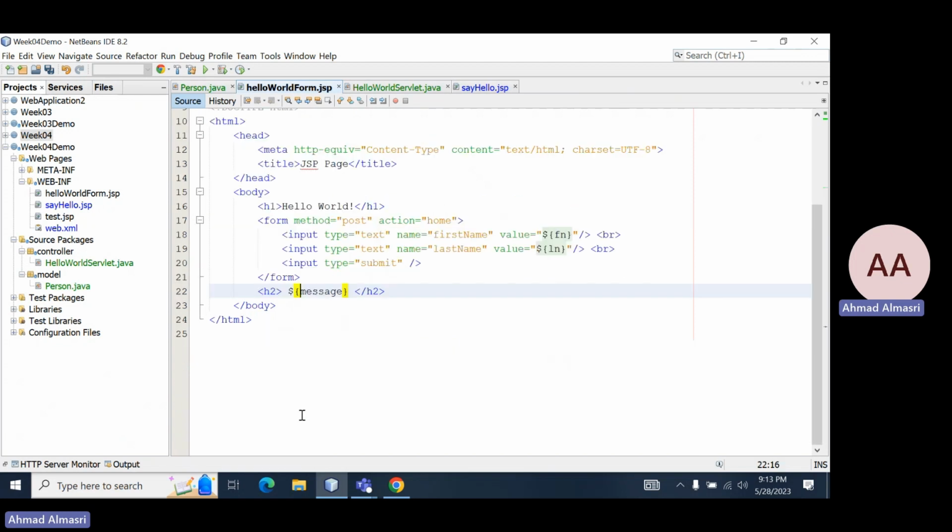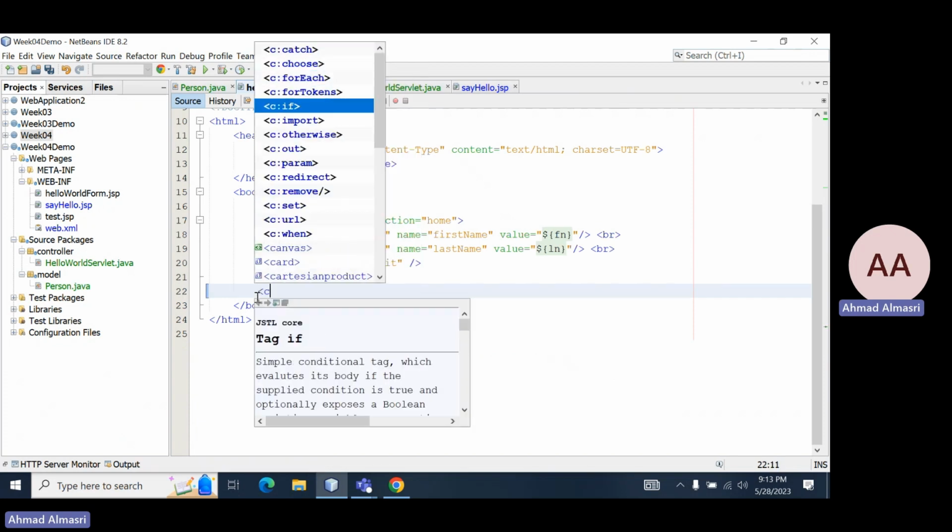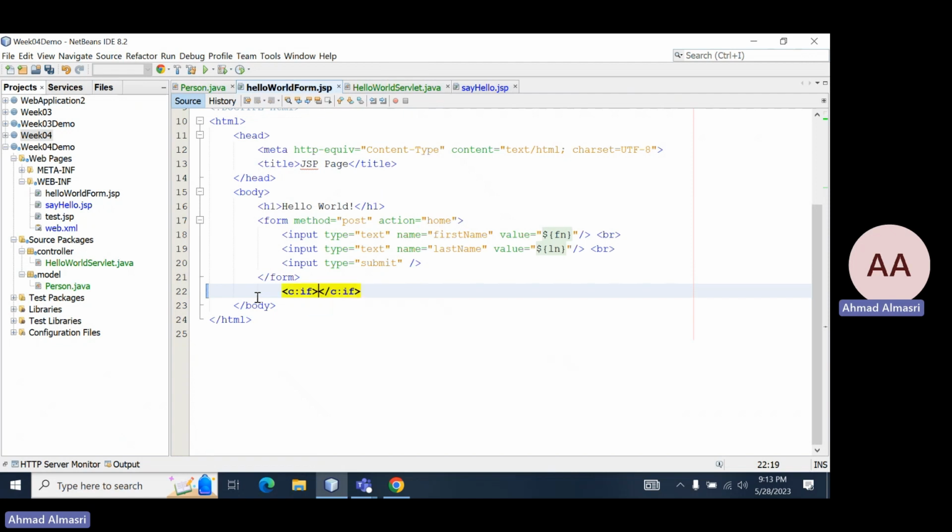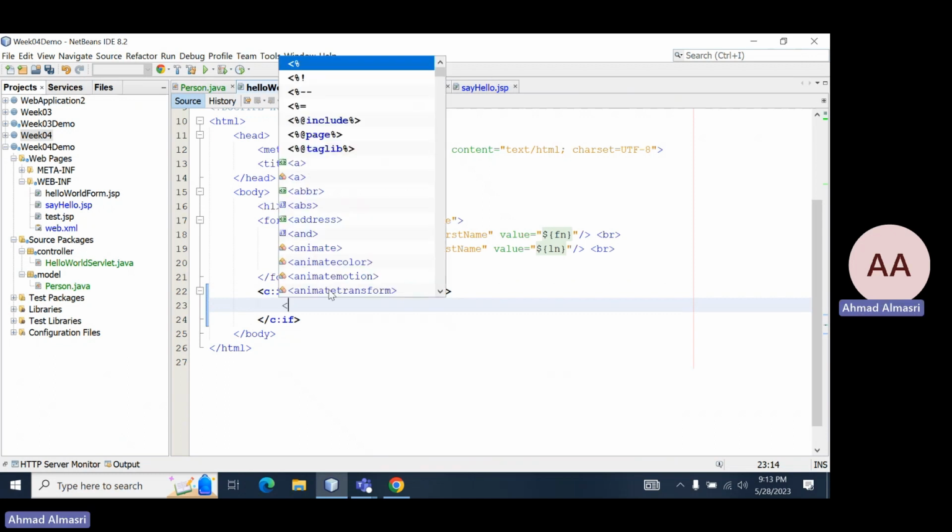Remember that I need to render this message if I receive something like true or false. For example, here I could say C, and then we get all of these options. Now I can close it and align it with this. Here I could say, please test the following expression for me. My condition is this: I'm going to send you a message, and if this message is equal true, then say invalid input. Just say H1